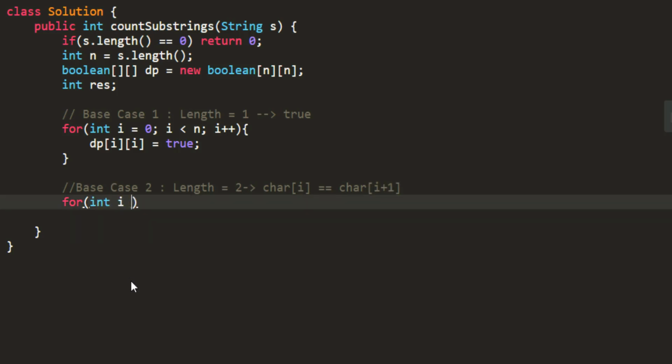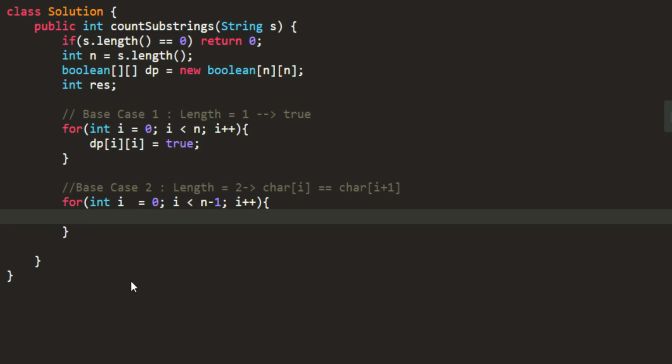So int I equal to 0, I less than n minus 1 and I plus plus, dp of I and I plus 1 would be equal to s dot charAt I, if that is equal to s dot charAt I plus 1. So that is going to be my result for this.